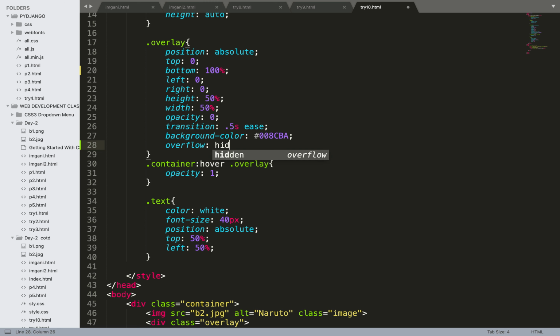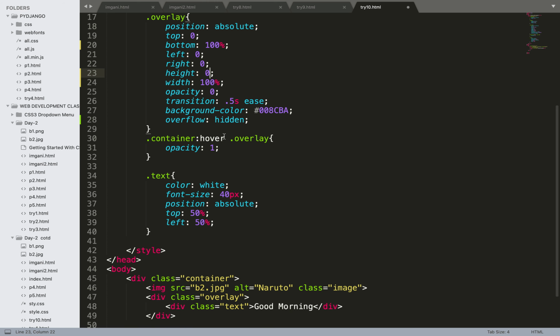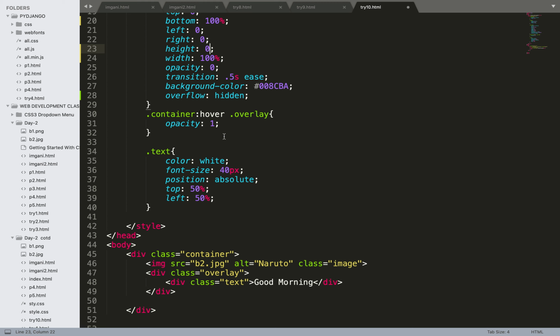Overflow, let me make it hidden, and width 100%, height, let the height be 0. Height is set to 0, overflow is hidden, transition is 5-second ease. Fine. Work with the container.